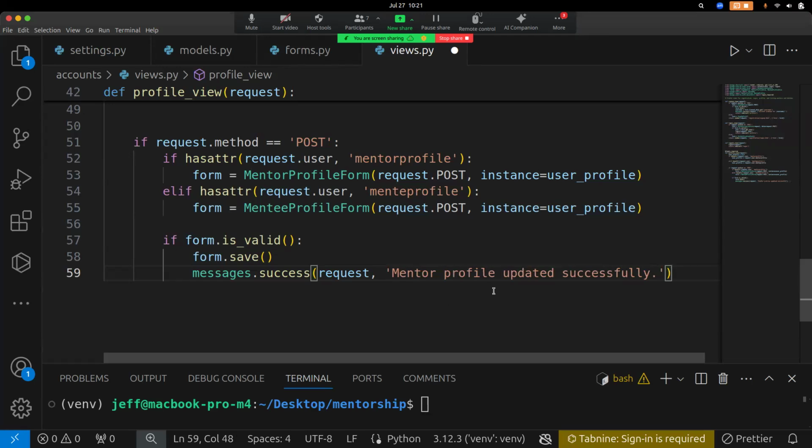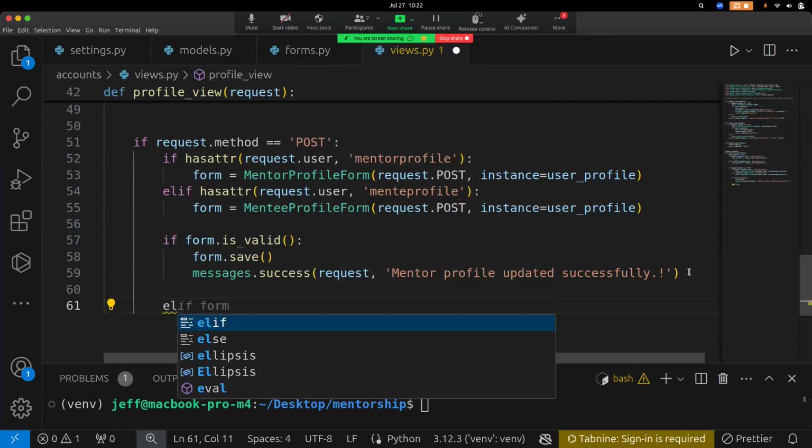It's no big deal. All right, so that's super fine. Now also if we need to do for the mentee, otherwise